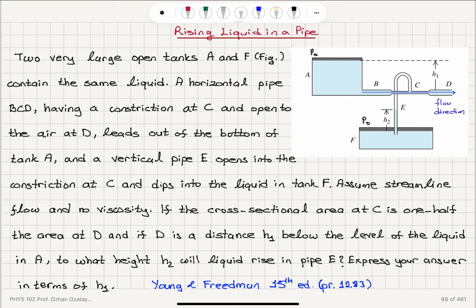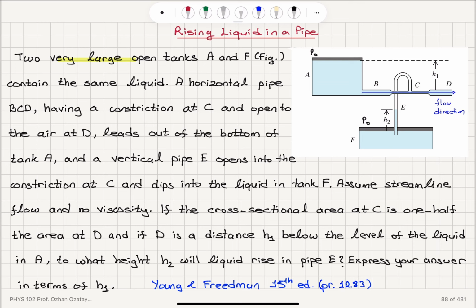Rising liquid in a pipe. Two very large open tanks, A and F, contain the same liquid. A horizontal pipe, BCD, having a constriction